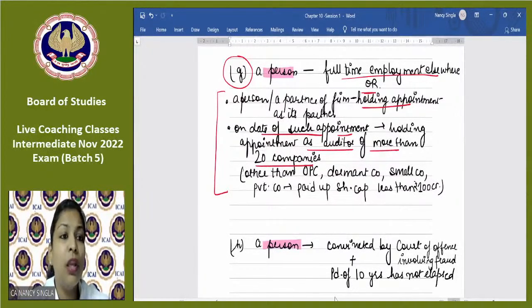No. So that is why this point is there: if a person is already in full-time employment somewhere else, working with a company full-time, fully occupied, then how can he be appointed as an auditor of the company? Let's say he is a qualified chartered accountant, with a certificate of practice also, and he is employed somewhere else on a full-time basis. But he cannot devote his time. Time and team, these are the resources for an audit team.